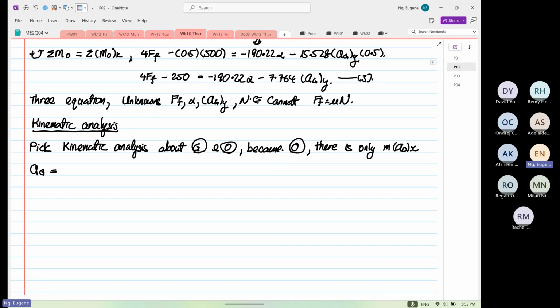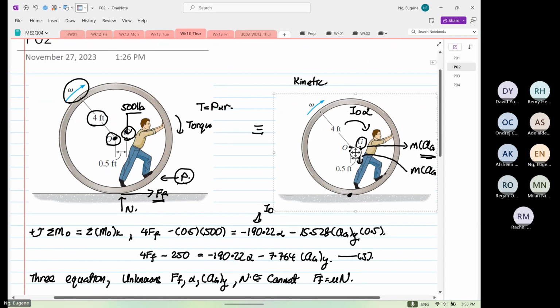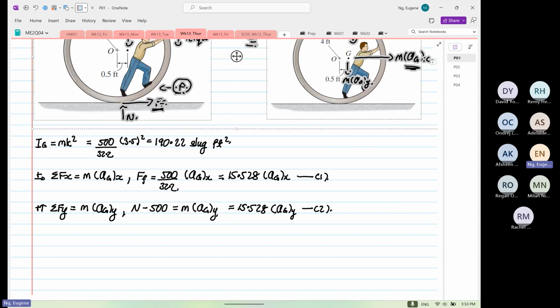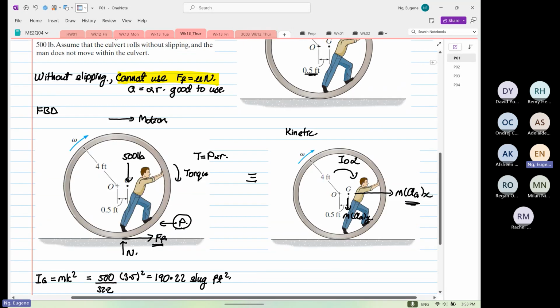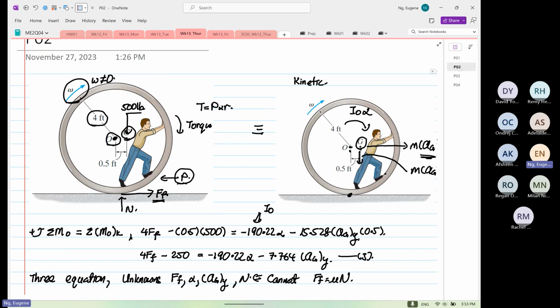Now we start writing an expression, and you guys are really good at this now. We're going to say AG is equal to A naught plus alpha cross R G from point O minus omega squared R G from point O. For this case, you have to be very, very careful because omega is not equal to 0. Is there a value given? The answer is yes. The value of omega that we are given is 0.5 radians per second, as it is over here. Okay, so from here